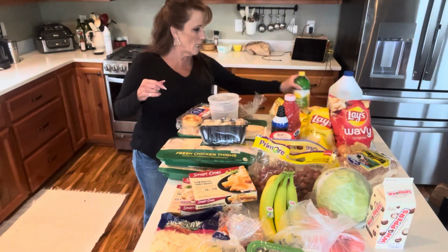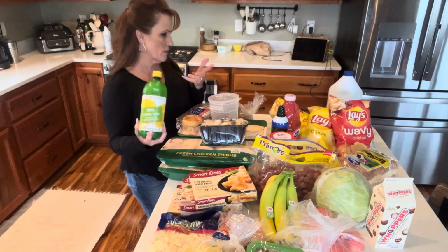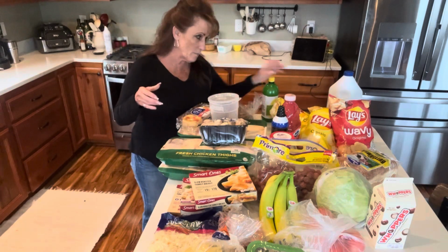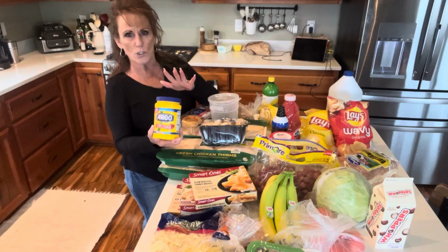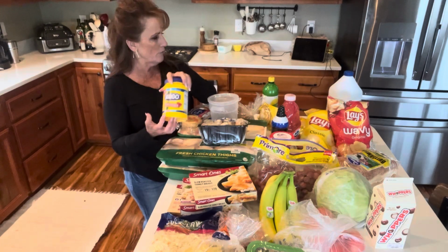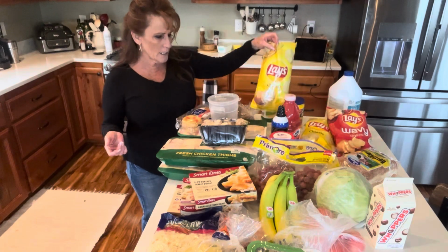I did buy lemon juice as well there at the chef store because, well, they had it, and I may need it. I know I'm running low. Some cornstarch. This was $2.39, I believe, at the chef store. And then last but not least,